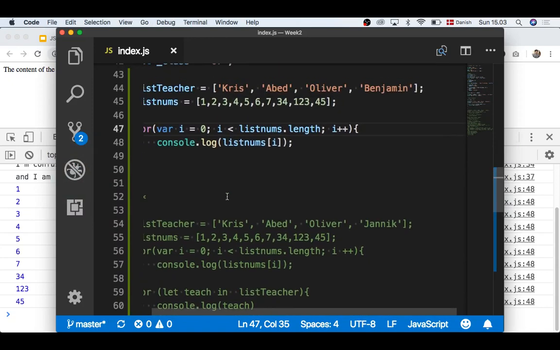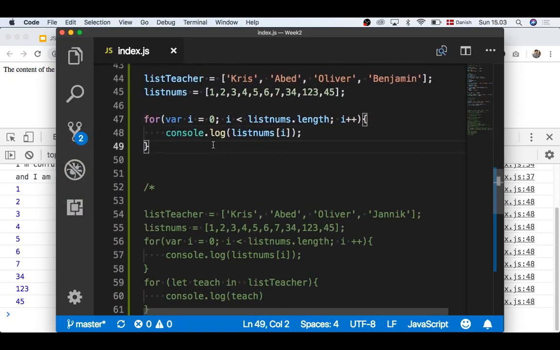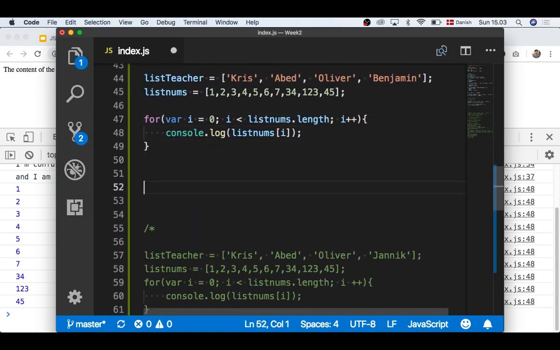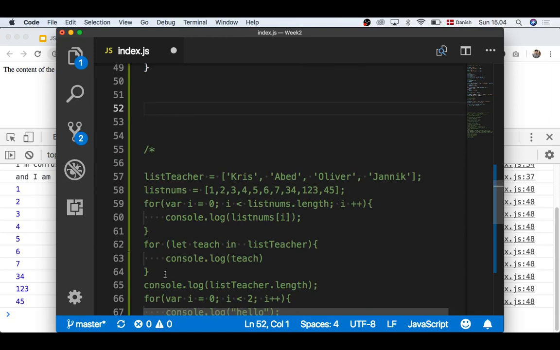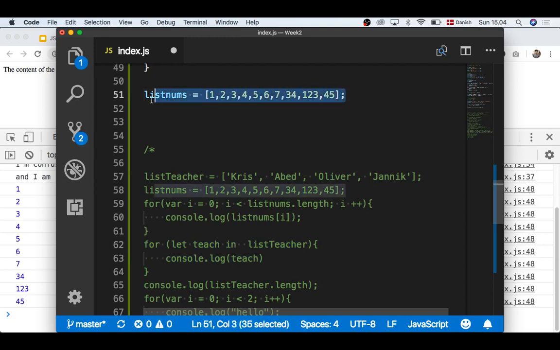But actually, if we are working with typically strings or objects, which we will have in the next lesson, there's an easier way to do this. So if we do it like this,